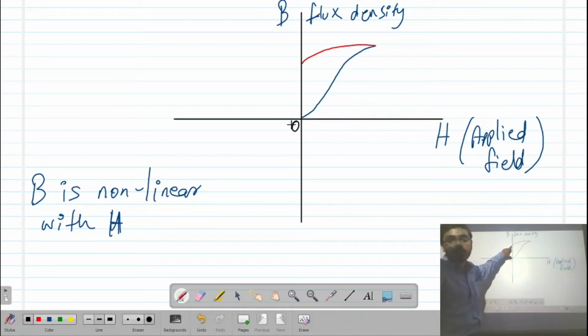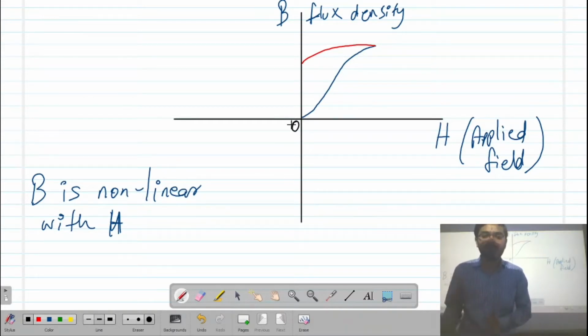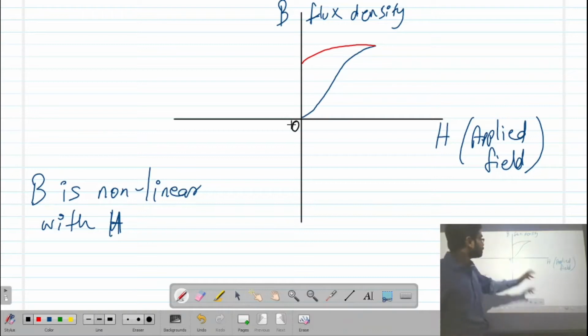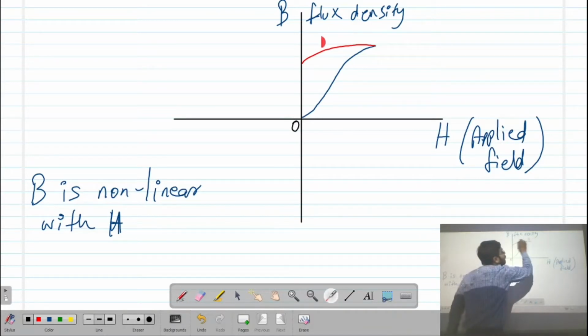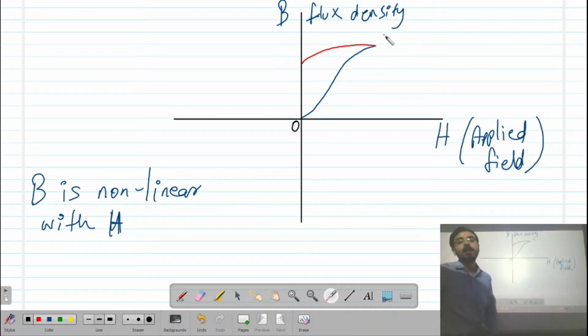This is nothing but the flux density induced inside the material. Now this indicates that without external magnetic field also the material is having magnetic flux density, means it will have some magnetization.